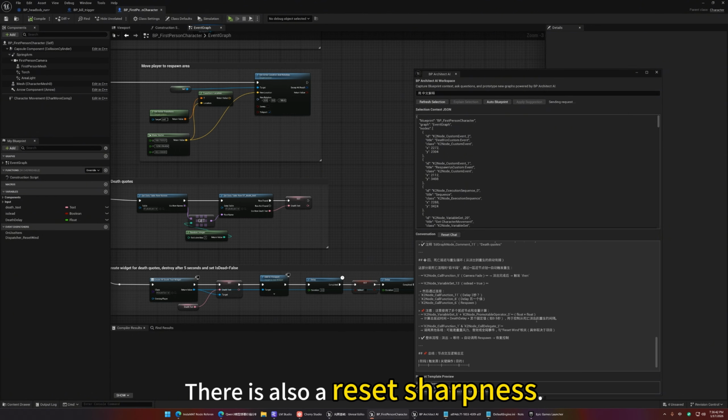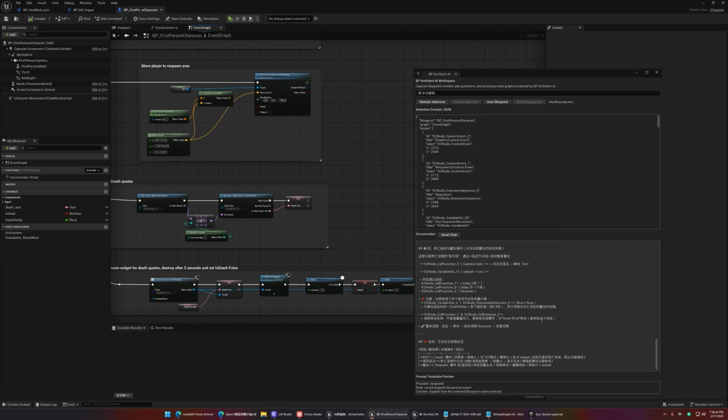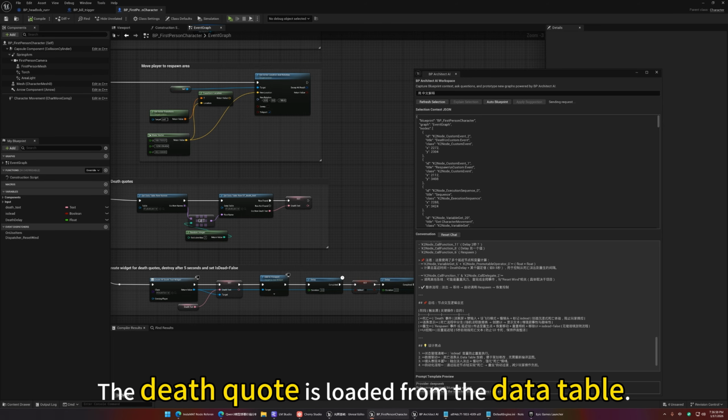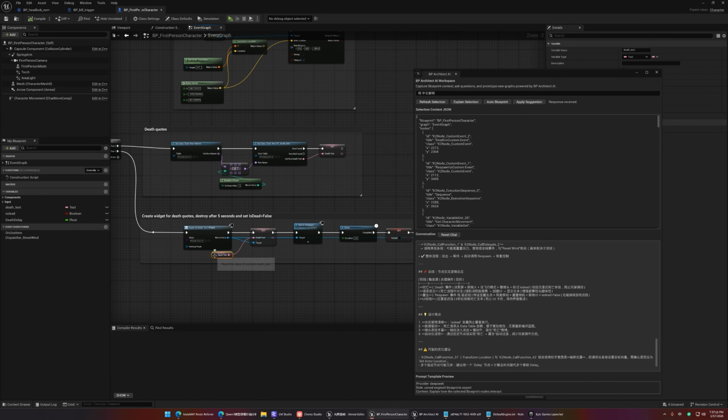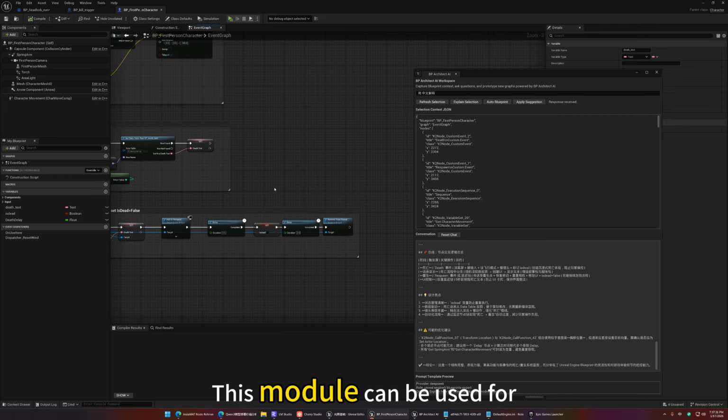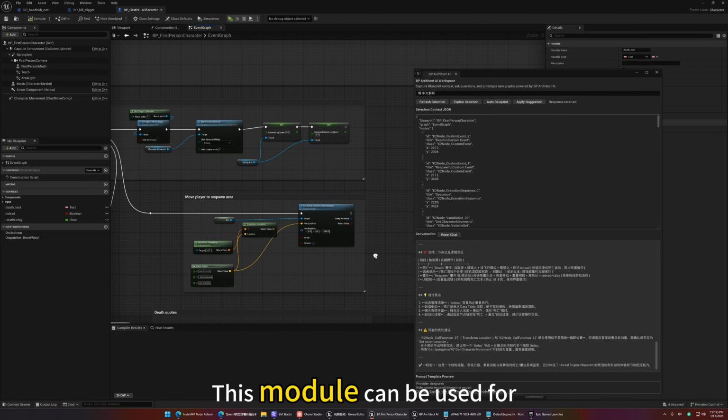There is also a reset sharpness. I don't know what it means. The design highlights are also written here. The death quote is loaded from the data table. It's this thing, the death text. This module can be used for